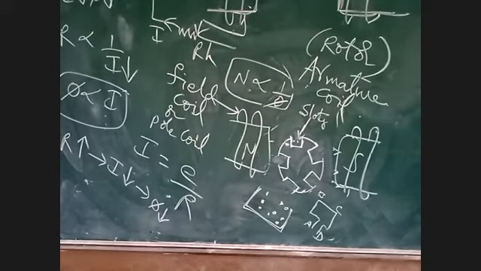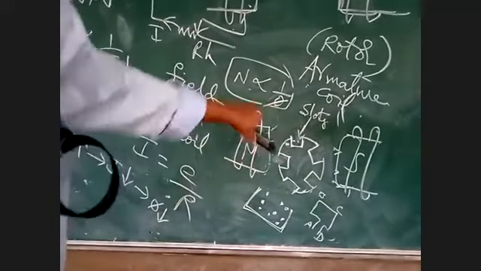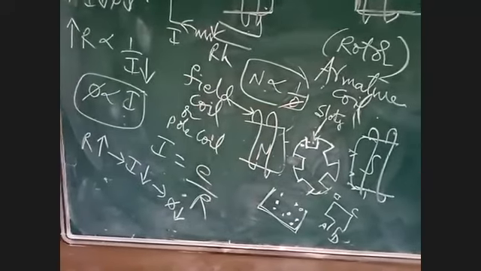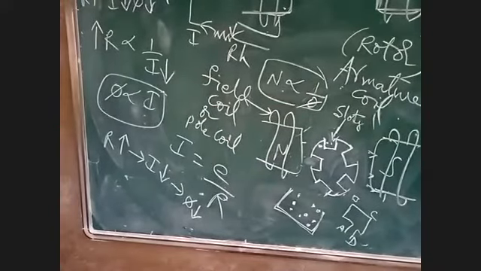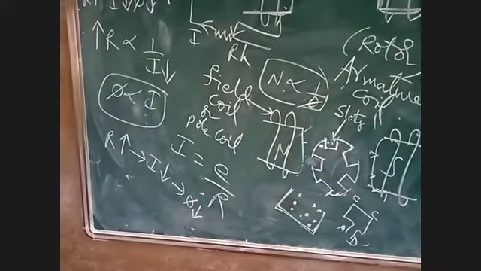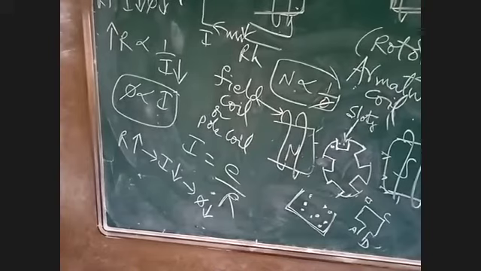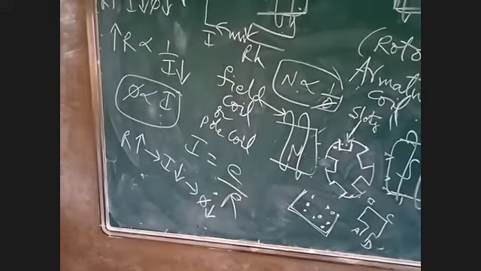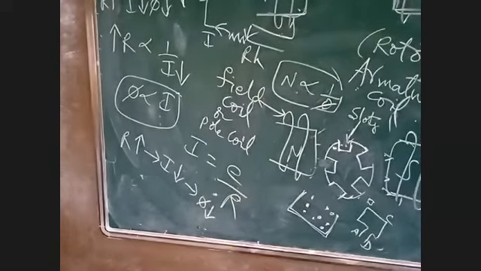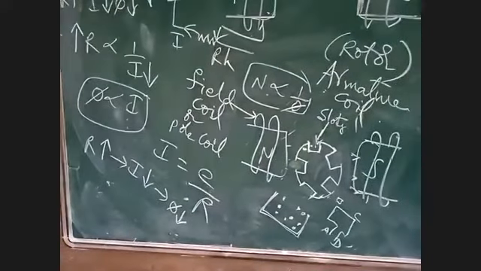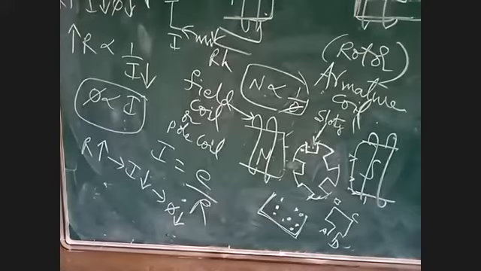When the iron part is rotating, automatically the coil is rotating, and this coil is cutting the flux. When this coil is cutting the flux, EMF is induced in the coil. This is Faraday's first law. Whenever a conductor cuts the magnetic flux, electrical EMF is induced. This is the principle. So totally how many coils are there here now?